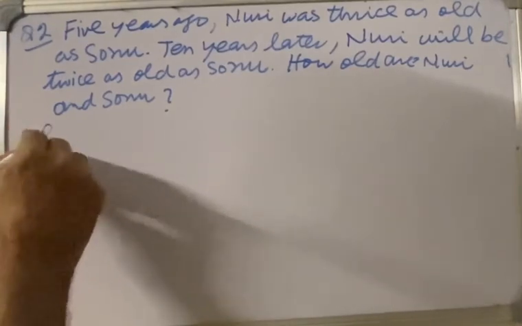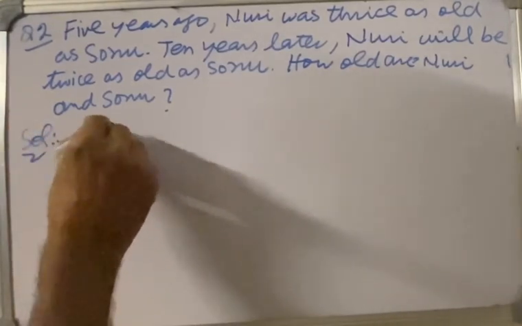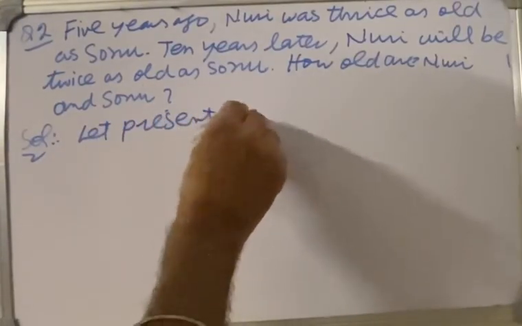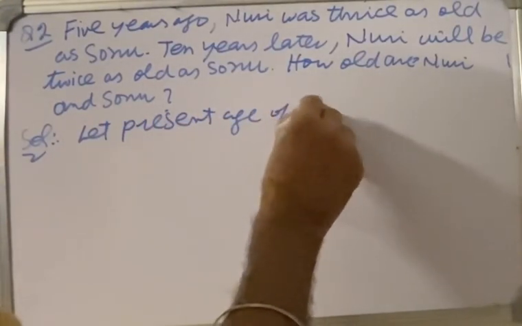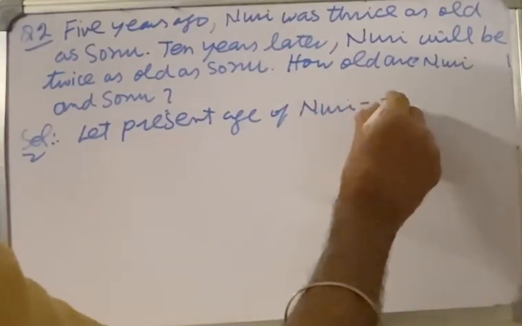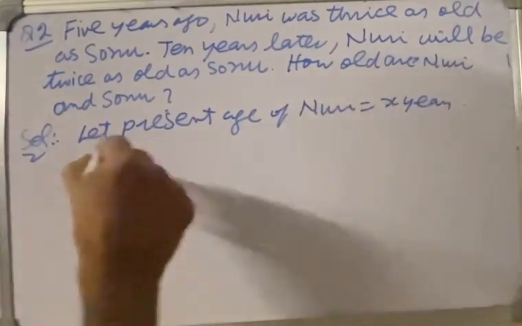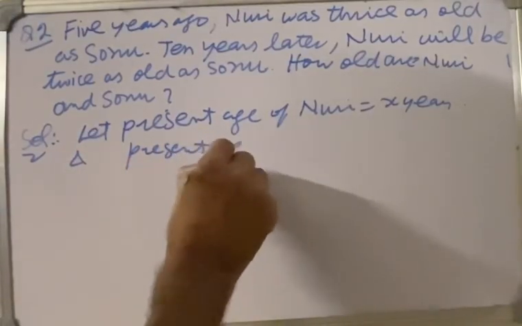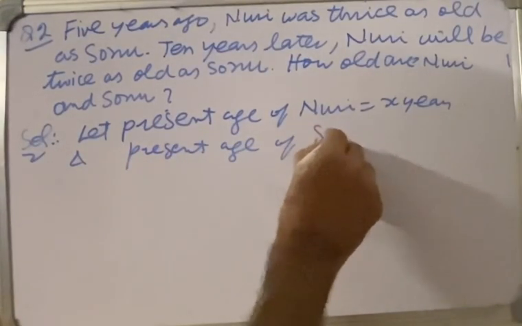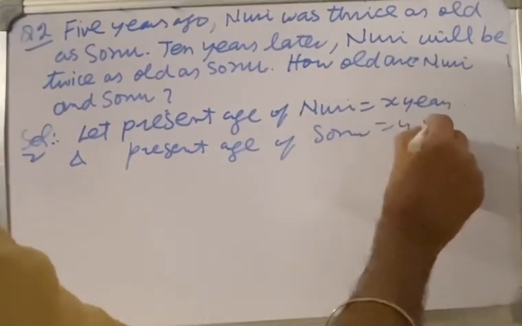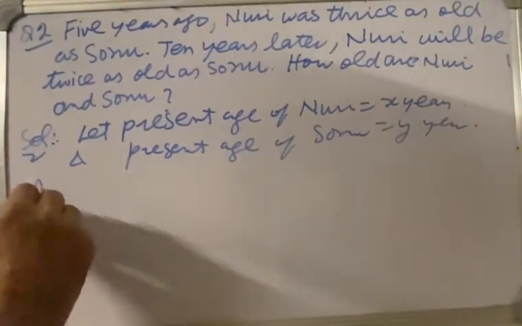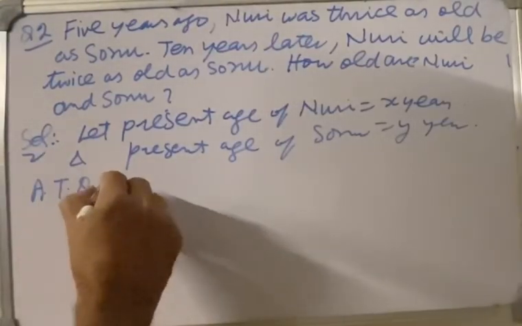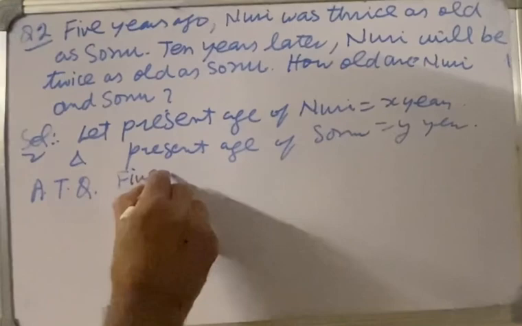Solution. Let the present age of Nuri be x years and the present age of Sonu be y years. According to the question, 5 years ago,